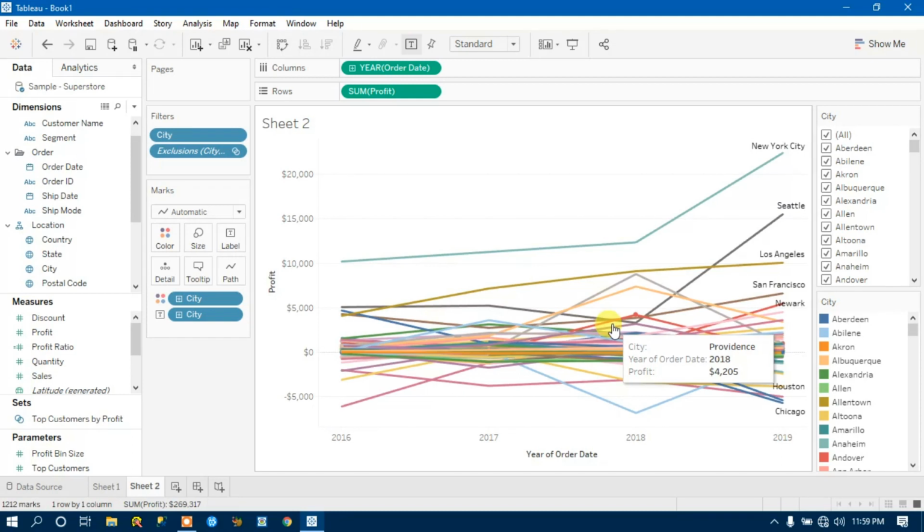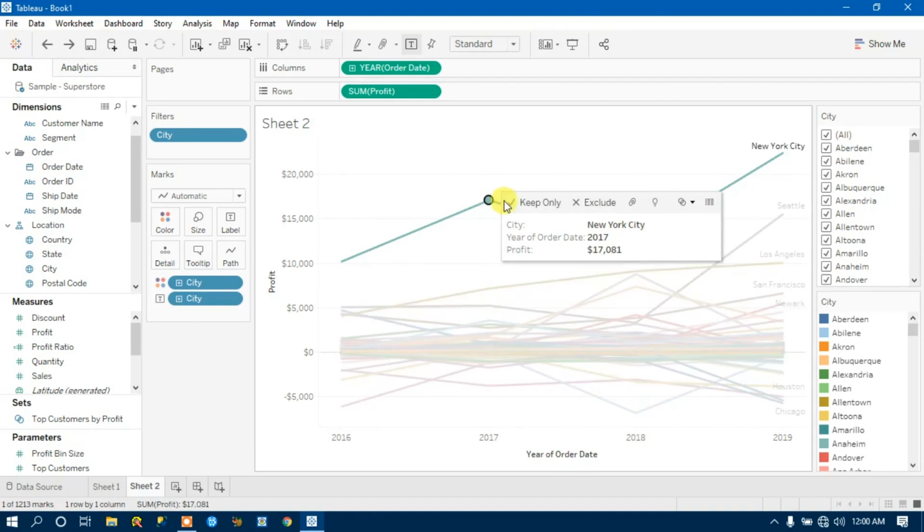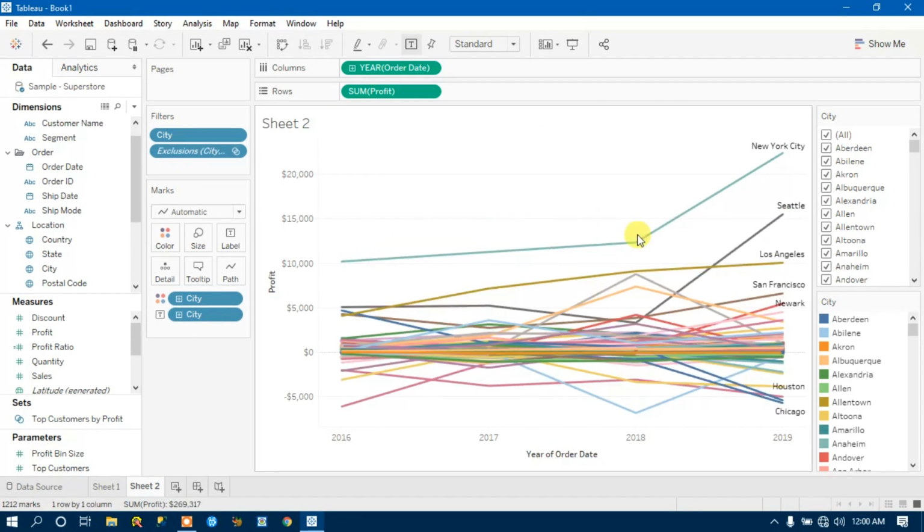Again, this comes when you want to remove outliers, meaning if any data point is very high and any data point is very low. In case you want to pull out the average of all these data points, mathematically it will be correct. But from an analytical point of view, you can do it by removing the outliers. These are outliers at a high point. Just click over it, then exclude, right?